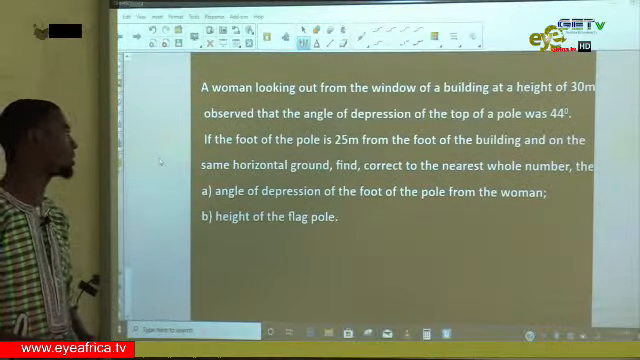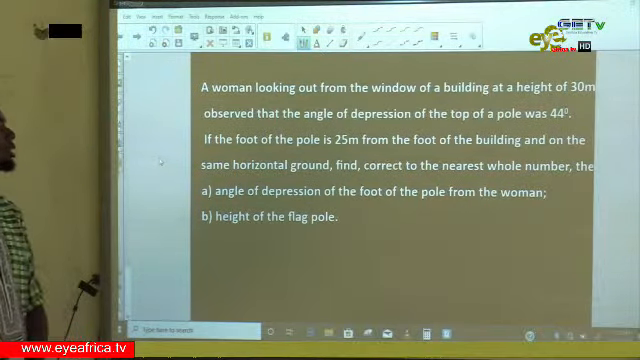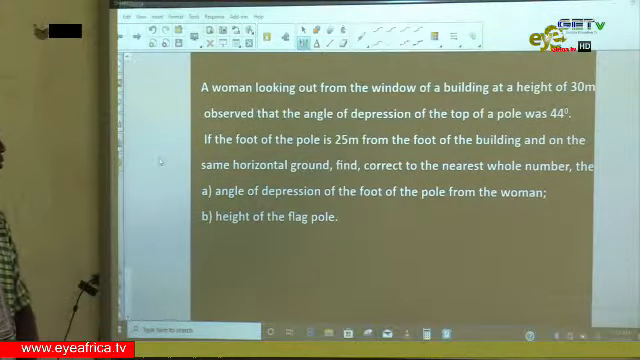Let me repeat the question again. The angle of depression of the top of a pole was 44 degrees. If